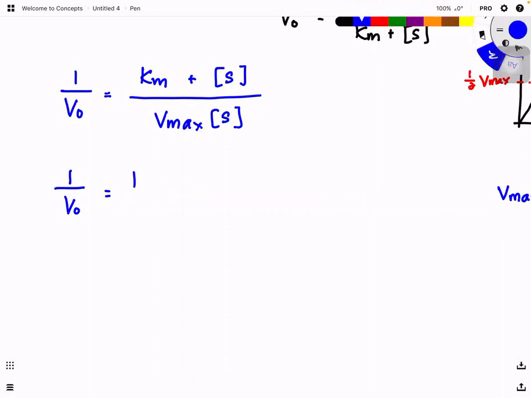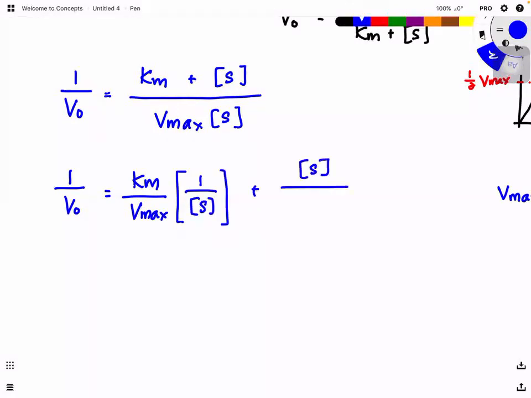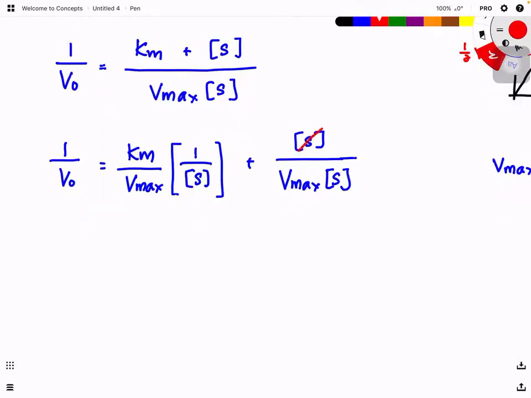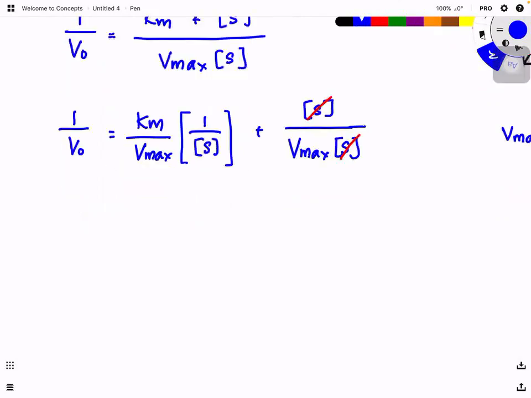Km over Vmax multiplied with 1 over substrate concentration, plus substrate concentration divided by Vmax substrate concentration, correct? Not maths. Okay, so not sure, ask your maths lecturer. So what actually happened here is, can you see that the substrate concentration I can cancel here. So now my equation is 1 over V naught equal to Km over Vmax